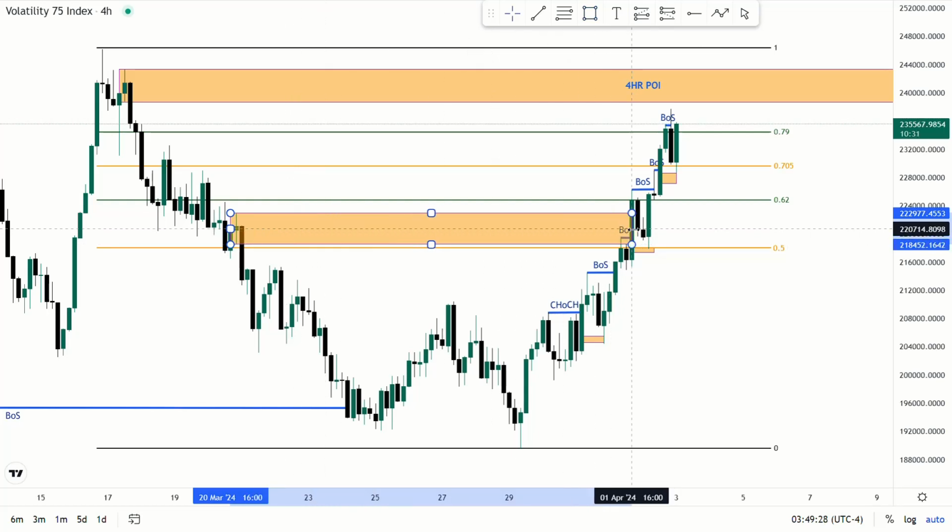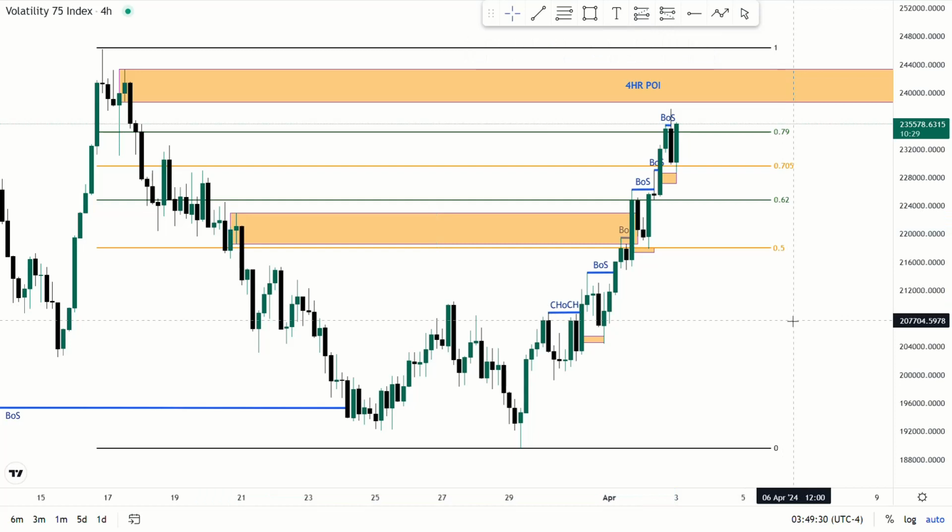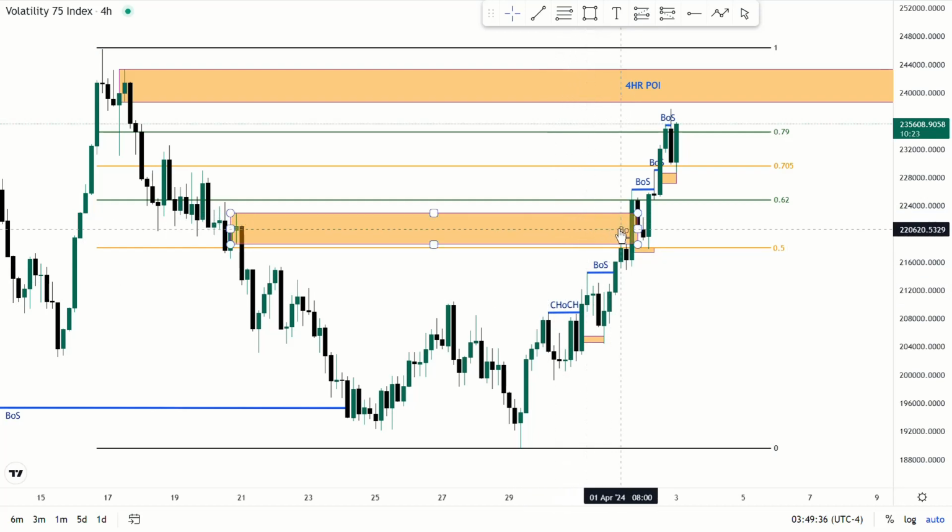Now you can see how the market just pierced through this decision POI. There were no entry setups even on the 15-minute time frame. I'll show you what I'm talking about. There are no entry setups for a sell here, since you are looking for a sell on the higher time frame, the bias time frame, which is the 4-hour chart. So let's go down to the 15-minute chart.